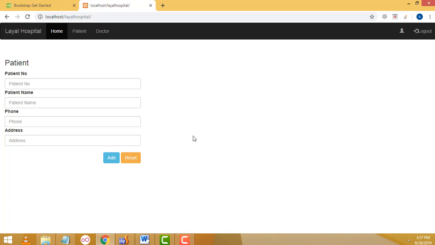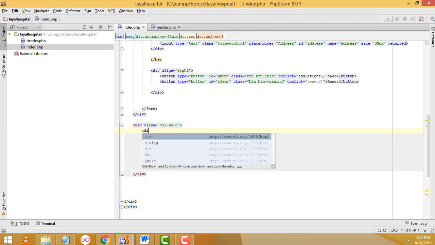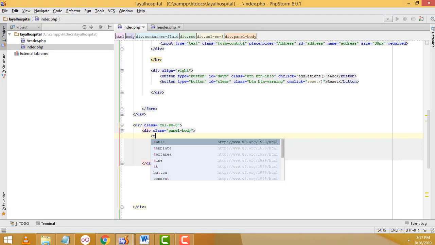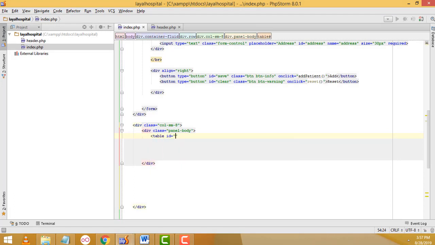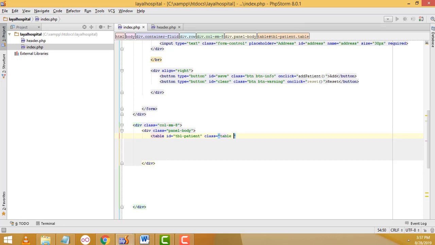Here we have to design the table, right? So let's go back to here, right? This one should be the table, so we have designed the table here, right? How to design is, first we have to write div class tab panel body, right? Here we have to write the table tag id tbl. This one should be the patient table, class table responsive